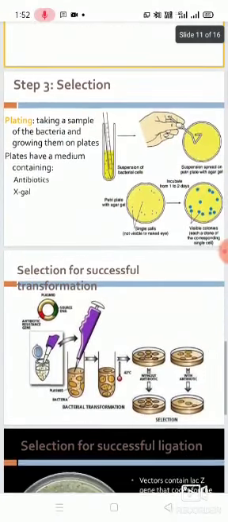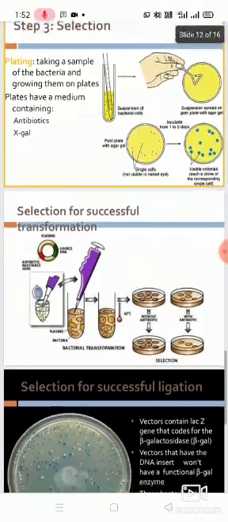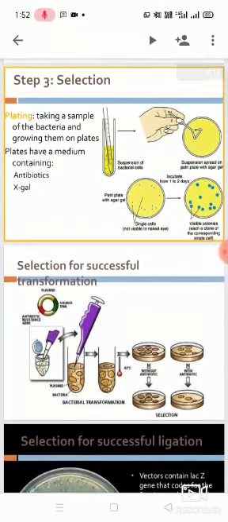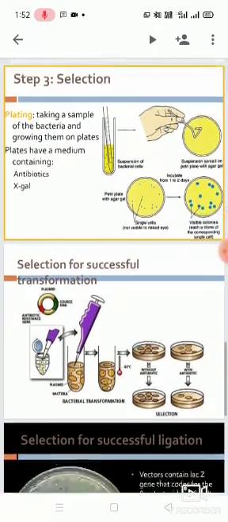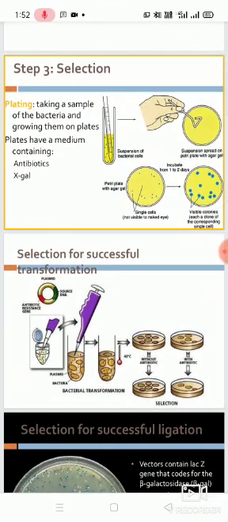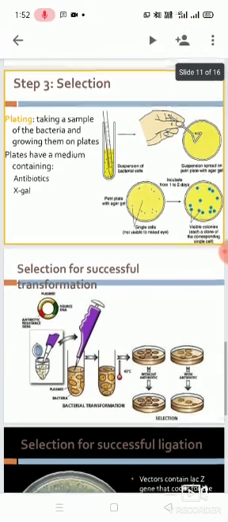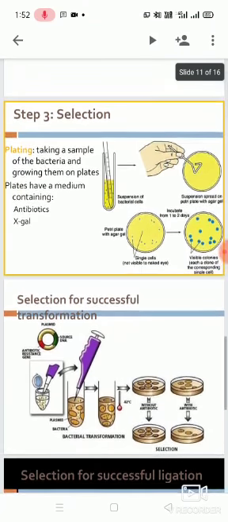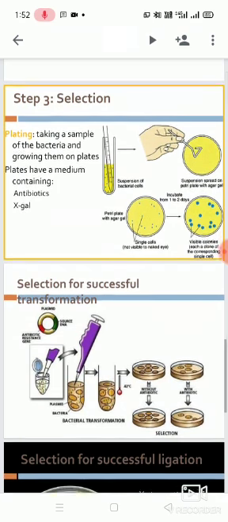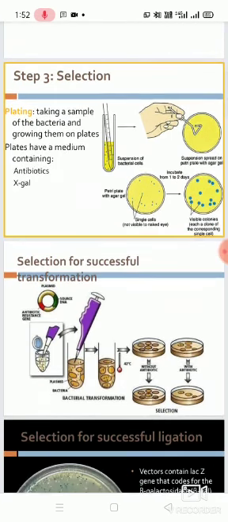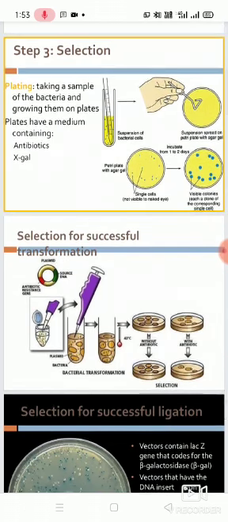So finally, step 3 is selection. Now how will the selection be done? Selection will be done through the plating method. As we already know, plating can be done through the spread plating method on agar plates. The bacterial cells which were cultured, and which we have seen in the laboratory are incubated for a long time. Once the transformation is done, the bacterial cells will be taken and spread plated on the agar plate,